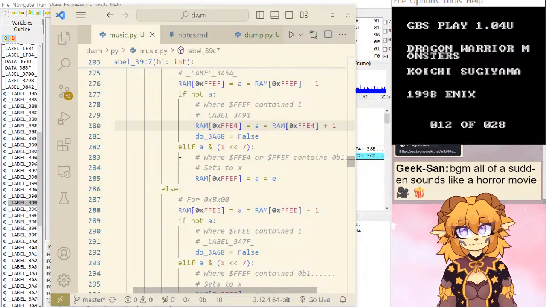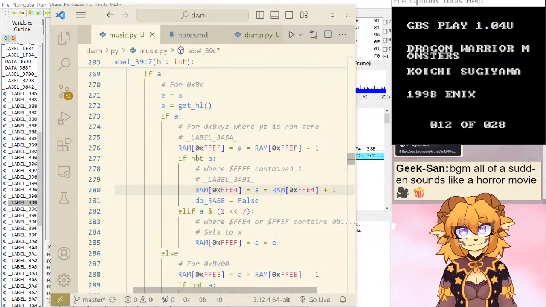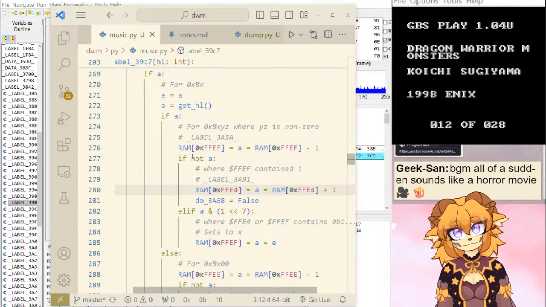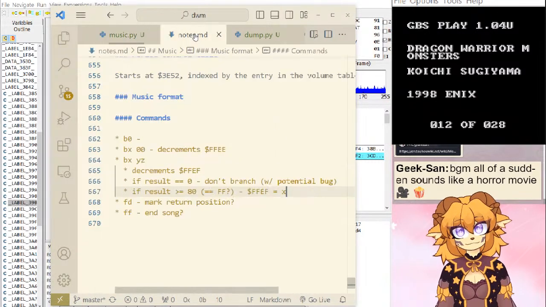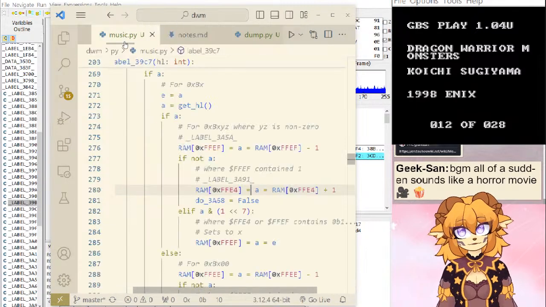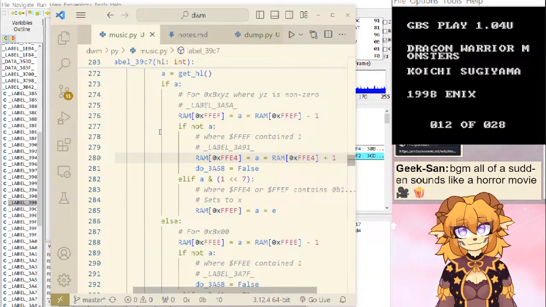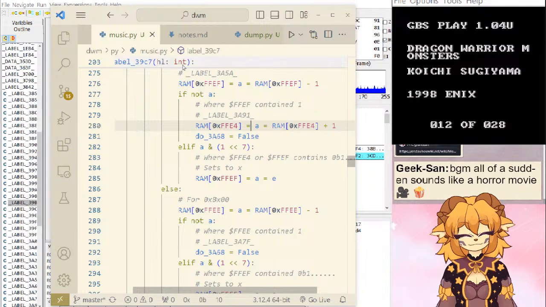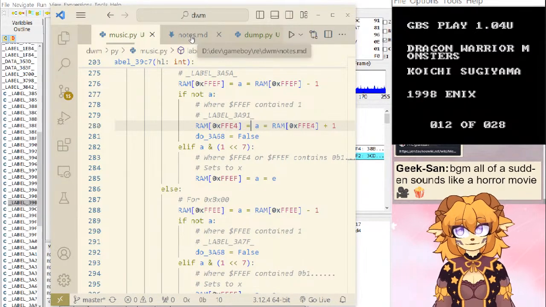So the one remaining concern I have: what is YZ? Is it really just a boolean? I think it's just a boolean.